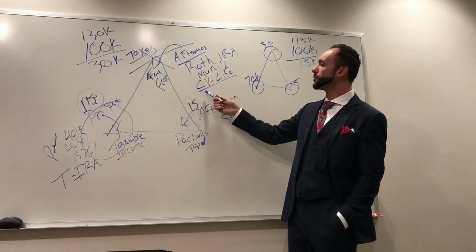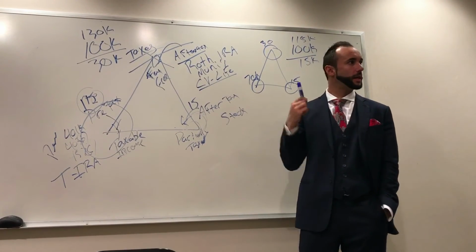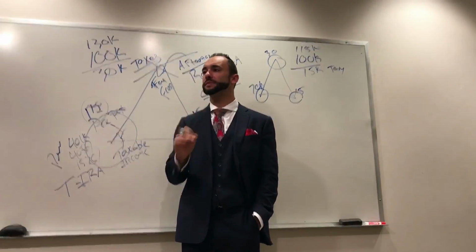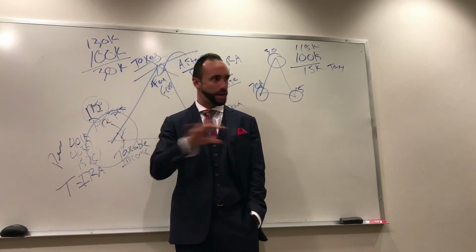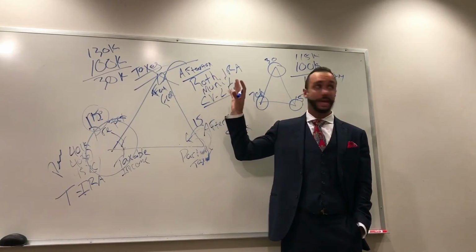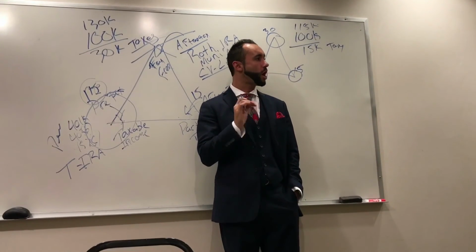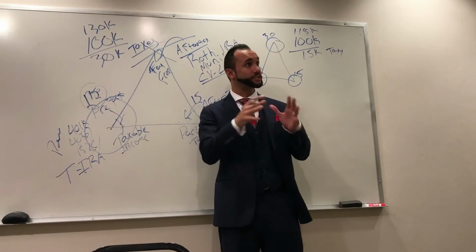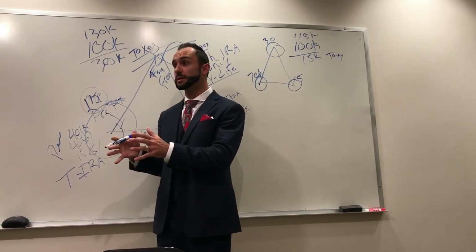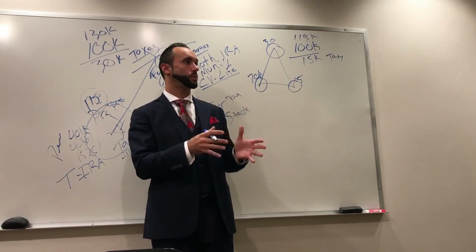But one thing that a lot of people aren't really educated on is the cash value in the life insurance. Most members and most people that we meet with have a high need for life insurance, and they don't have that need covered at all. And they also have a high need for tax-free income in retirement, and they don't have that area covered at all. So what I find to work very efficiently for our members is to have cash value life insurance, because it accomplishes both. It takes care of the life insurance that they need, and it takes care of the tax-free investment that they need in the future as well.